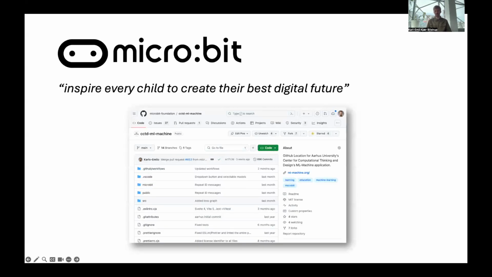They host our open source codebase on their GitHub organization and have advised us in developing sustainable software for the micro:bit. Further, they have put us in contact with people from ARM and Microsoft Research who have contributed with code and inputs in the development of the tool. And they have demoed mlmachine.org at multiple venues and for different groups of people. For example, Code.org, Raspberry Pi Foundation, and BBC.